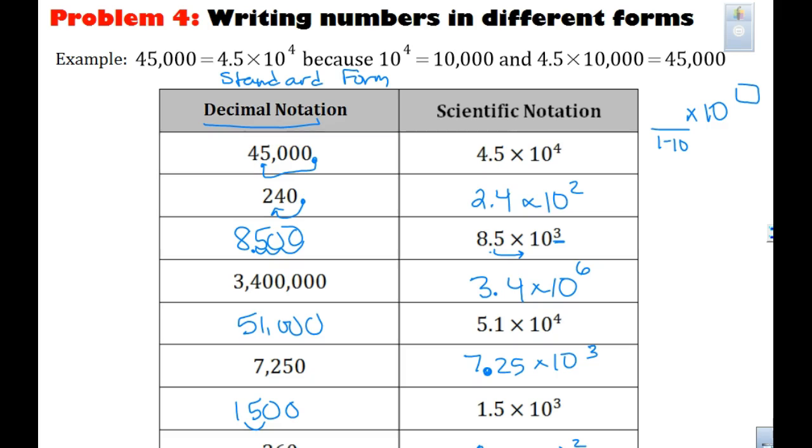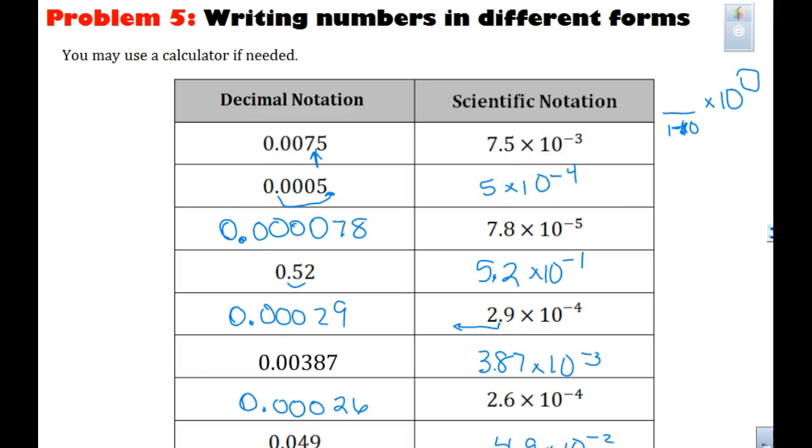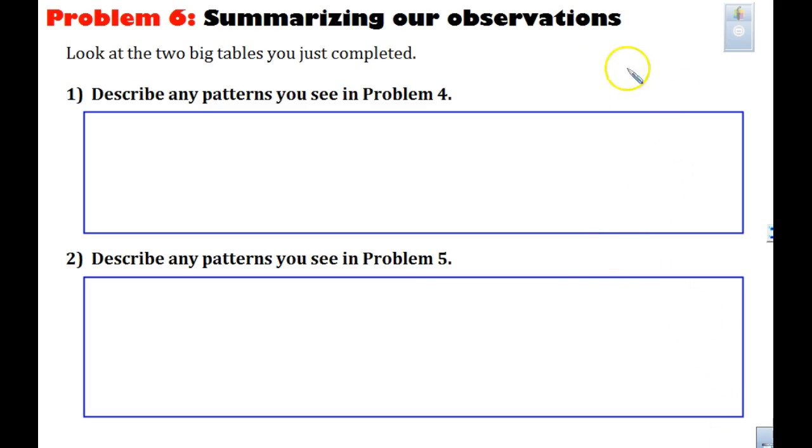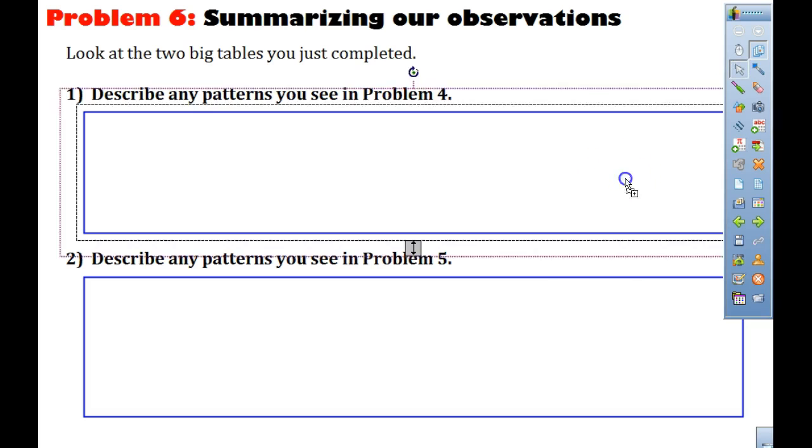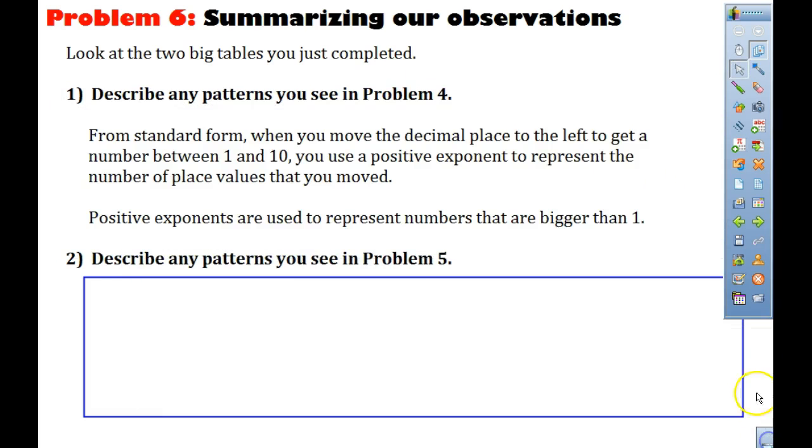On the page before, you had all numbers that were greater than 1 in standard form, and all of your exponents here are positive. So that next page down in your notes, they're asking you to describe a pattern. And I know some of you have a hard time writing when I put this up, so I'm not going to do my writing. You can read this probably a little better, but start copying. So what you want to write down